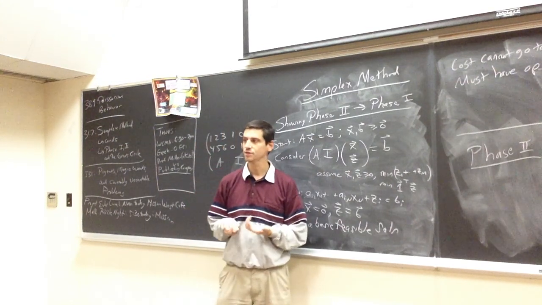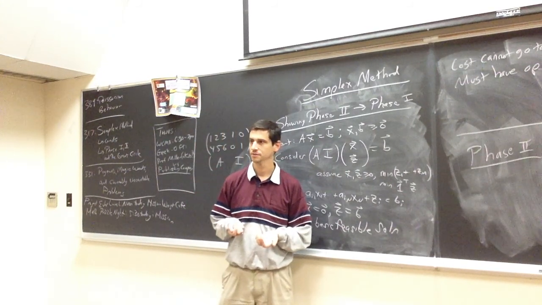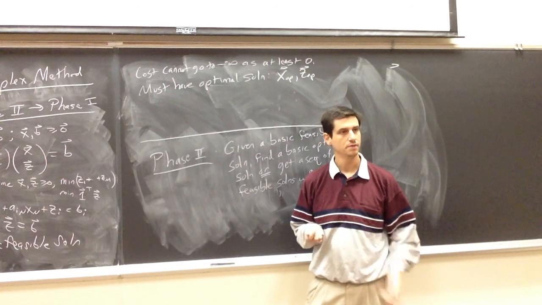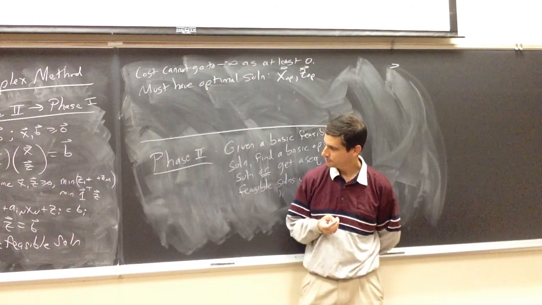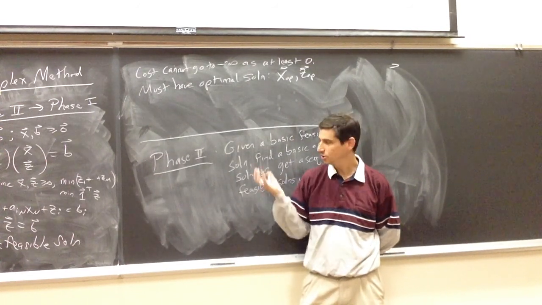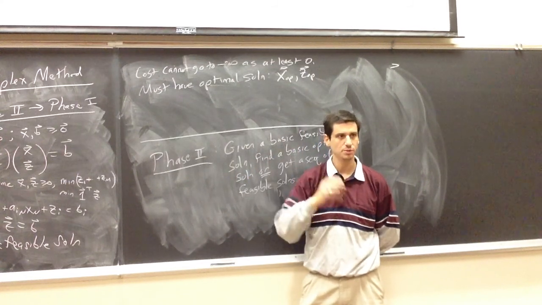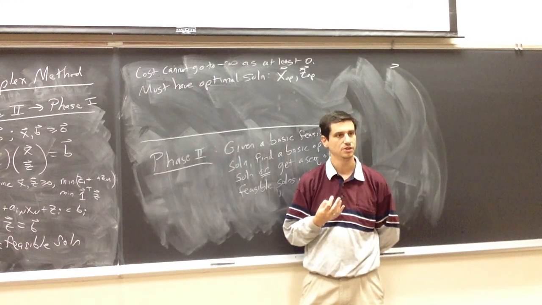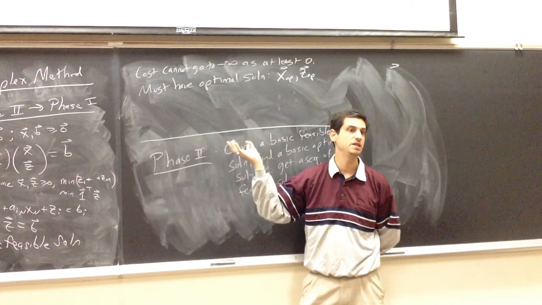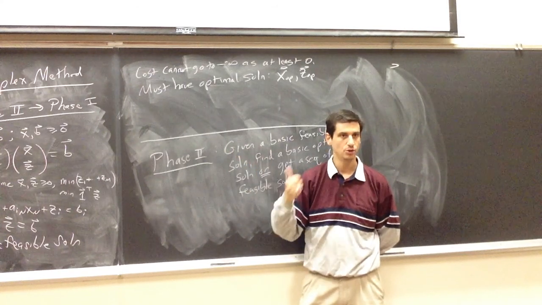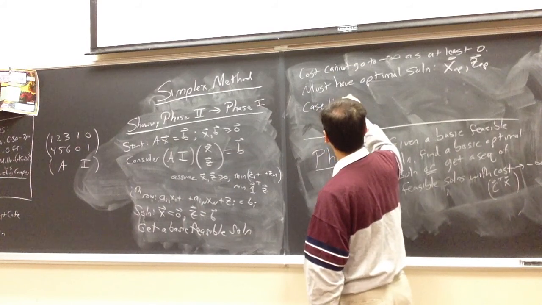What are the possibilities for the optimal cost? Yes? I'm sorry? It will be less than or equal to b, good, because we know less than or equal to the sum of the entries of b. I want something a little bit different, a little bit cruder. We know the optimal cost can't be negative. What are the other two possibilities? 0 or positive. So case 1,